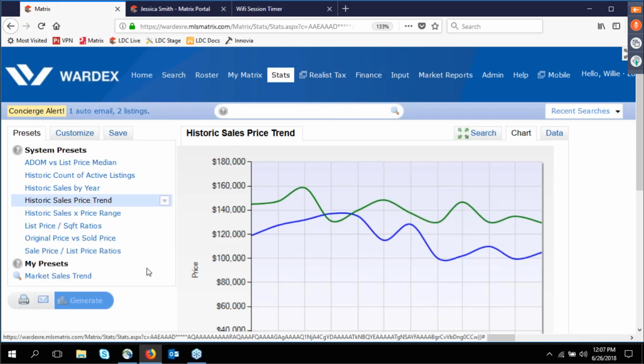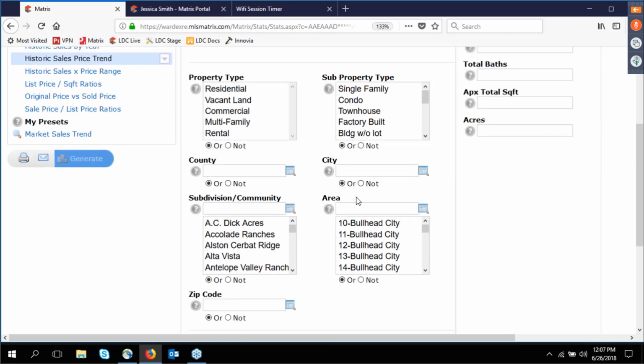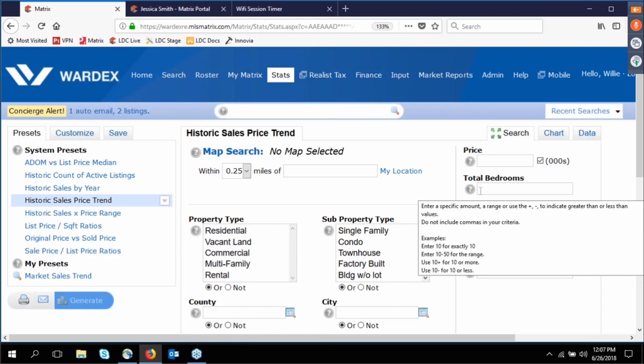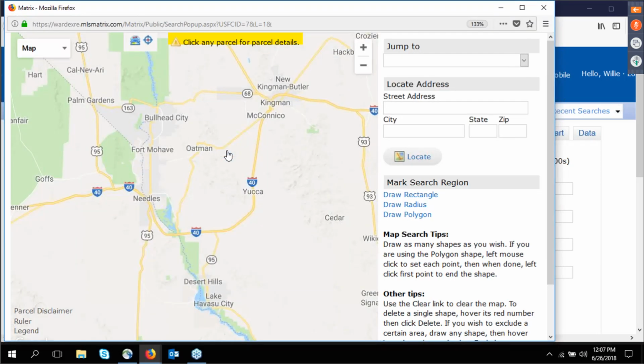Now I'm running statistics on the entire MLS. Who cares about the entire MLS, right? You guys want statistics on something specific. So if you come up here to search, you can get statistics on anything you want. Single family homes, a certain city, a zip code, 5-bedroom homes. You can even go into the map, and this is where I think the real power of the statistics come